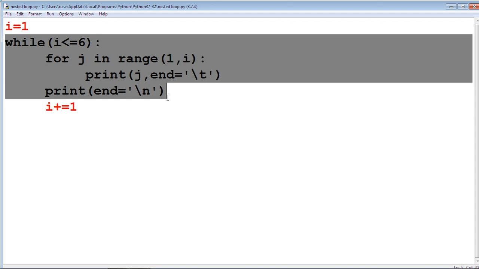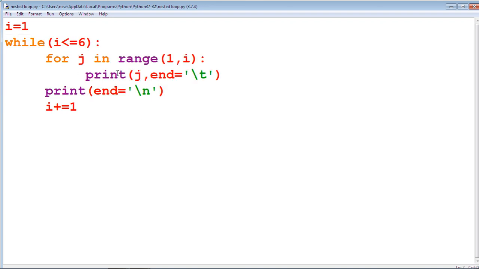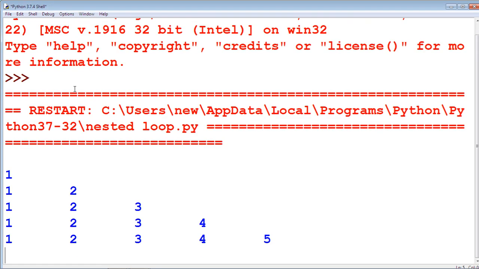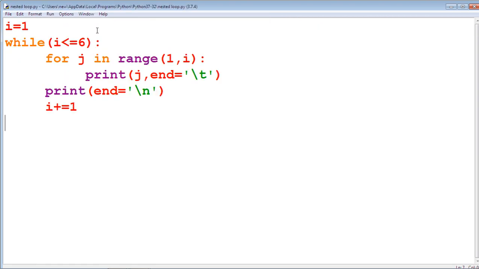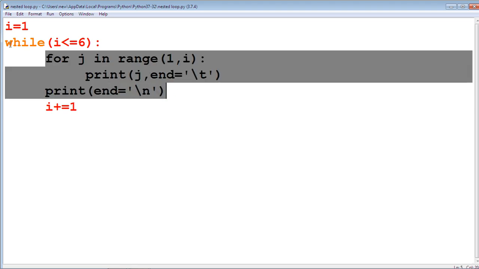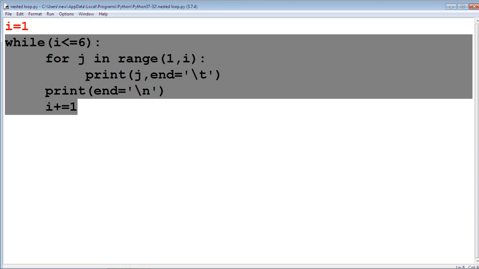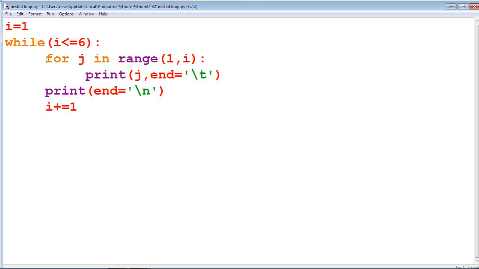The pattern is given as shown below by using the run module: 1; 1, 2; 1, 2, 3; 1, 2, 3, 4; and 1, 2, 3, 4, 5. This is the example for nested loop structure. Here the for structure is built within the while structure.